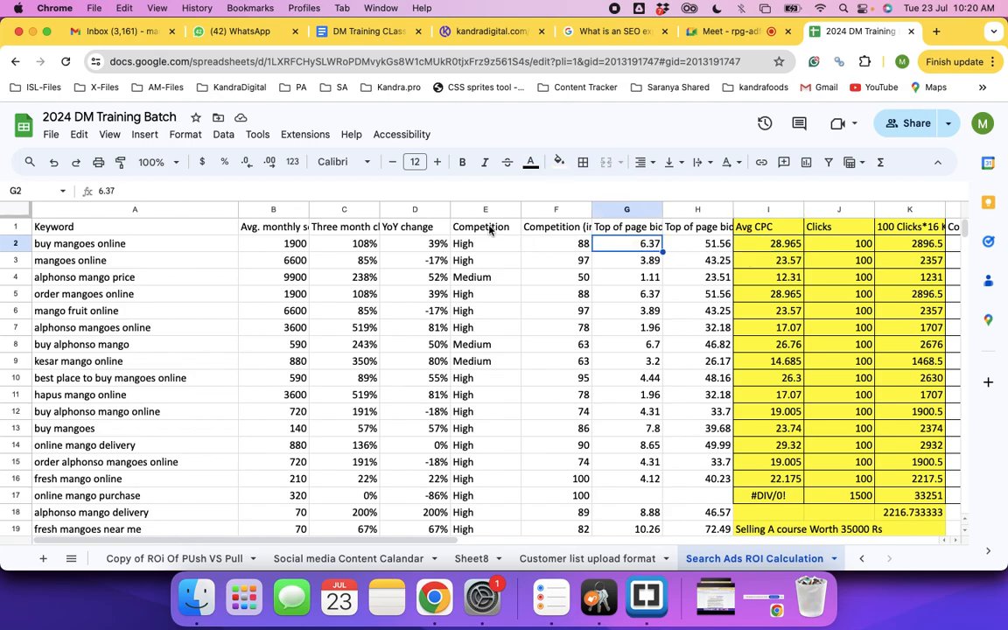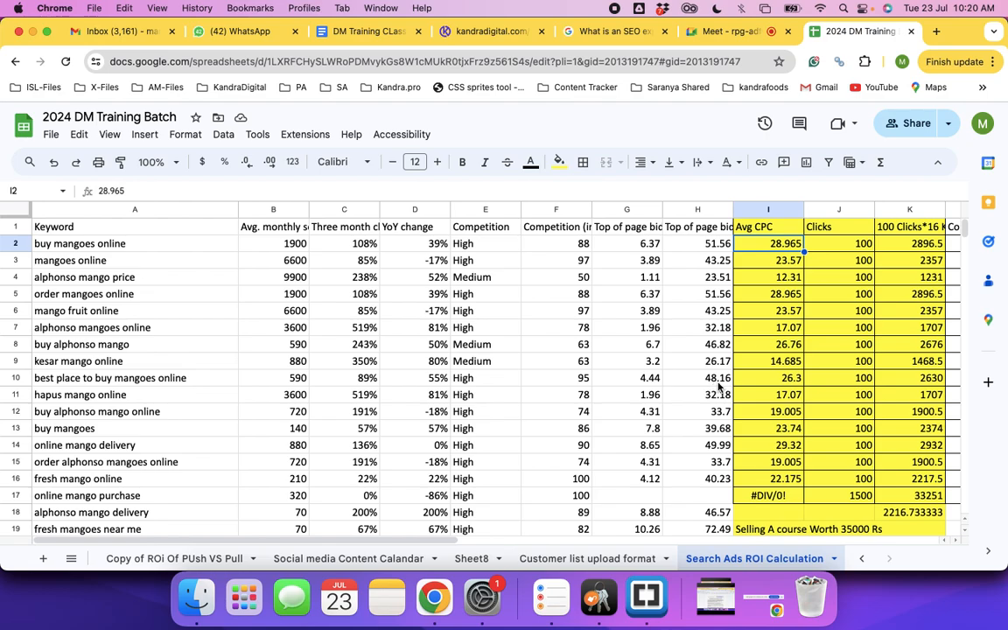Right? So if you have to get one click to your website, somebody searching buy mangoes online, you have to spend 28 rupees or 29 rupees or maybe 30 rupees. Correct? Are you all getting this calculation, guys? Everyone? Everybody? Yes, sir. Yeah. Now, at this price, if you have to get 100 clicks to your website,